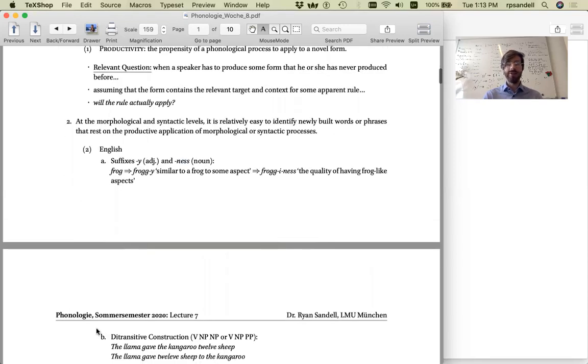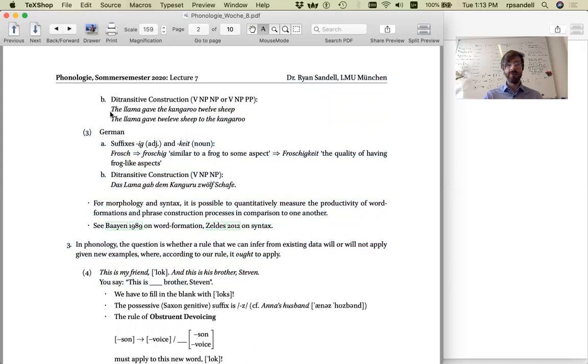And in English, the verb give constitutes a so-called ditransitive verb, and with that we can productively build so-called ditransitive constructions in which we have a verb, and in English there are two possibilities in this ditransitive construction, whereby we can either have two noun phrases or a verb and a noun phrase and a prepositional phrase headed by the preposition to. So for instance, one could say the llama gave the kangaroo 12 sheep, or the llama gave 12